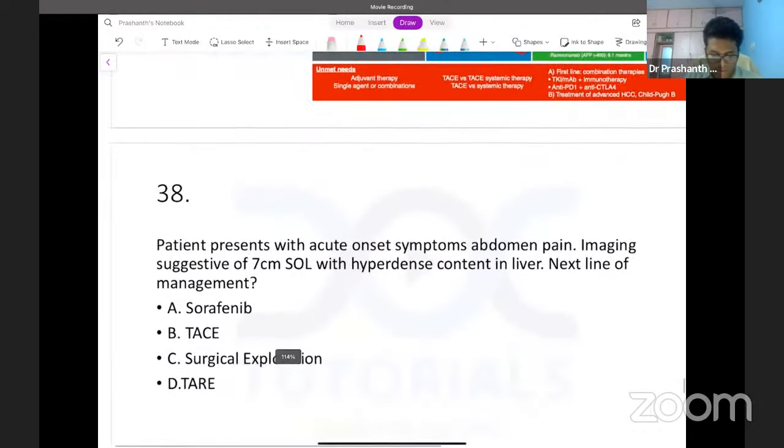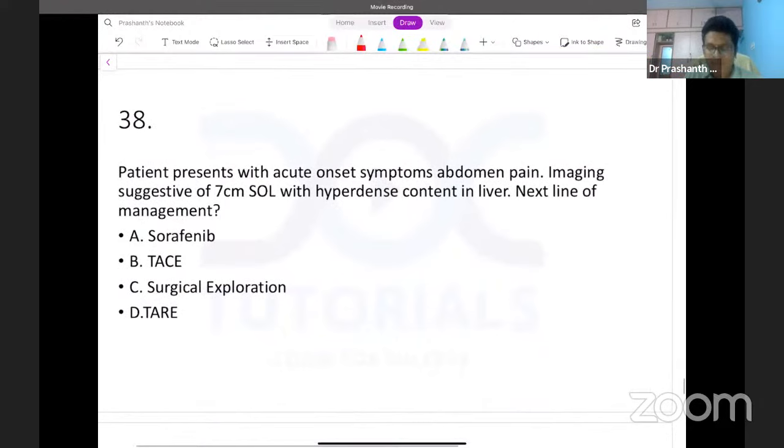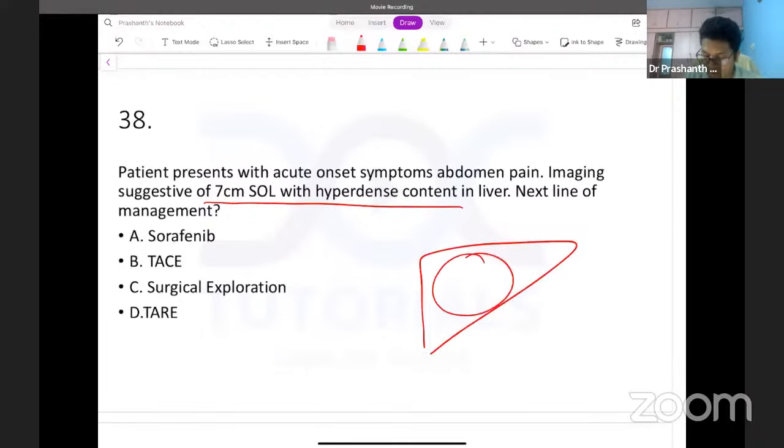Next question is, I think similar questions on masses have been asked. The patient presents with acute onset symptoms. Imaging shows a 7 centimeter SOL with hyperdense content. Now, hyperdense content on a CT usually is a bleed. So in the liver, there was a mass and then there is bleeding. So what will you do? The best test that you have to do is